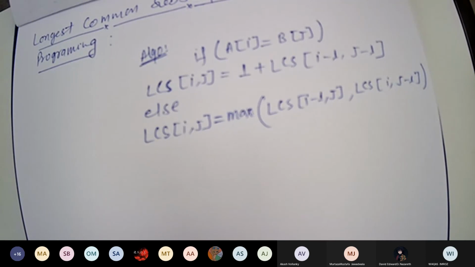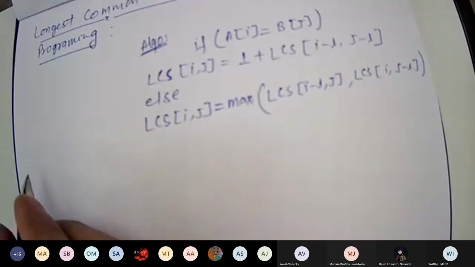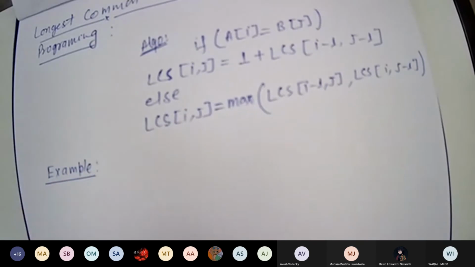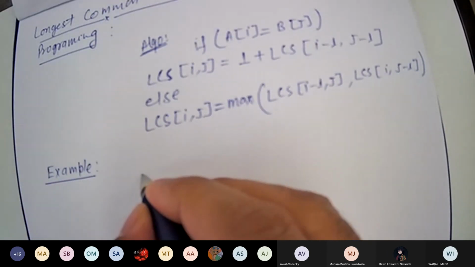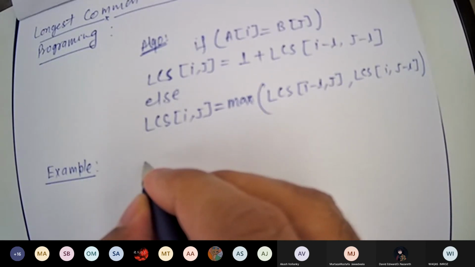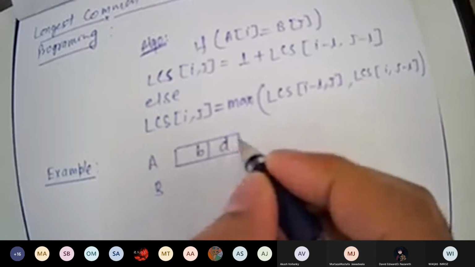Then with one example, I will explain the longest common subsequence using dynamic programming, using this algorithm. So let's take the example. Let's assume you have two strings A and B. In this we are not taking the zero value.